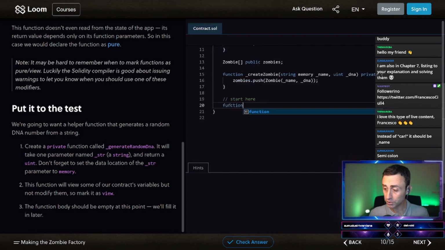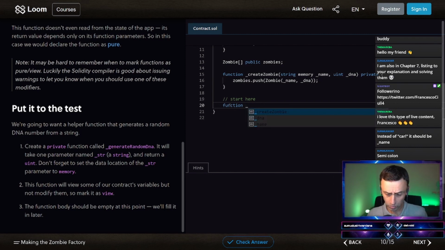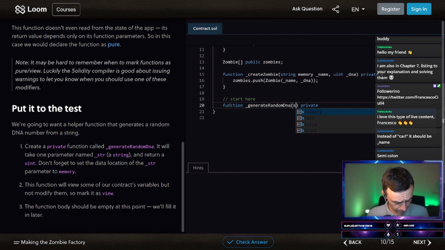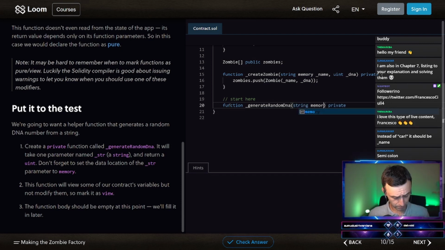So function, it's called generateRandomDna. This means the function will be private. Then these will be the parameters, and I like to see it here already before I forget that. So we want a string memory _str and returns a uint.